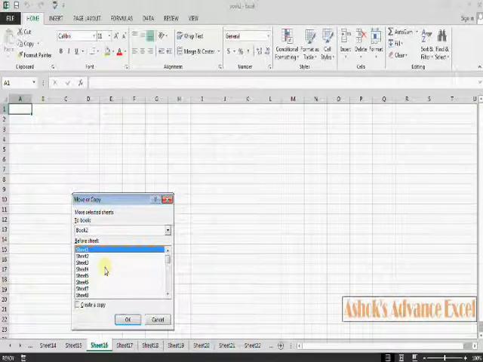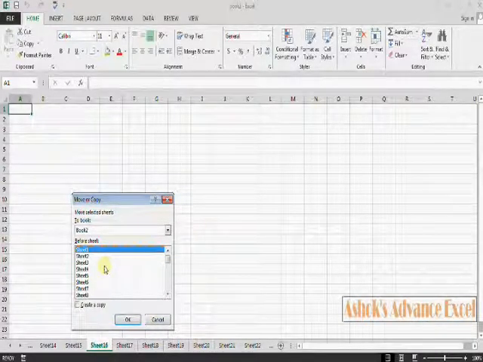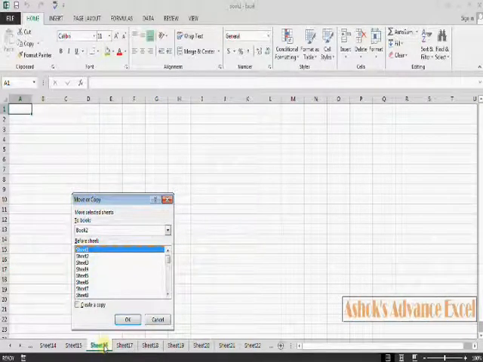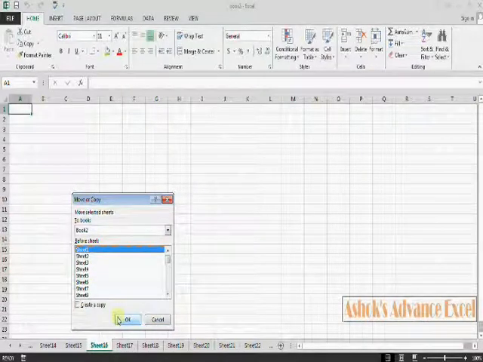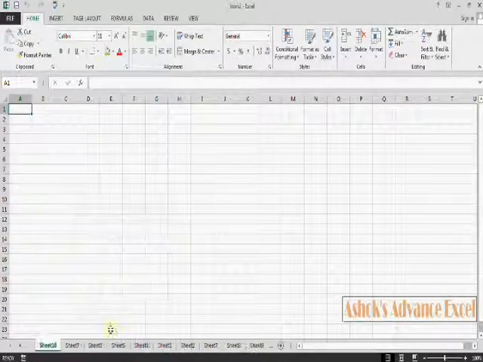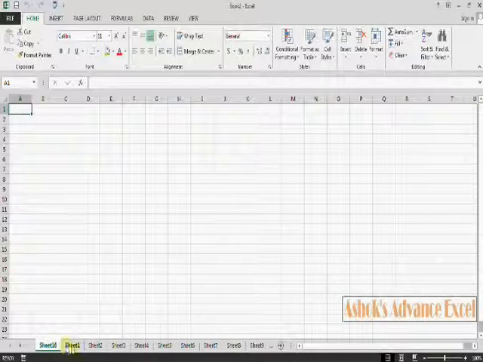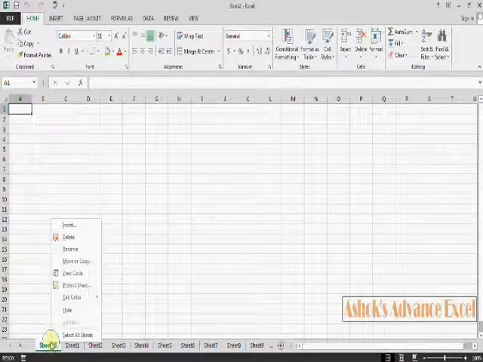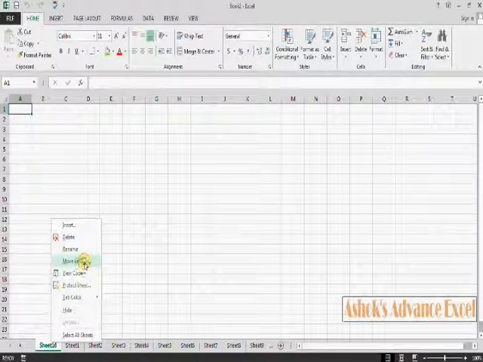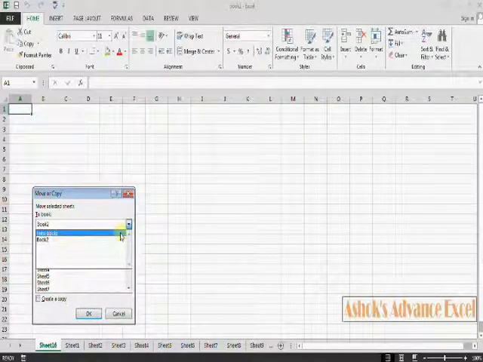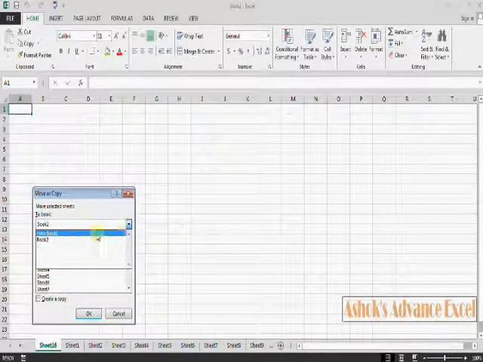Now, sheet 1 is selected, which means this sheet will be moved to before the first sheet. Now click OK, and sheet 16 will be moved to the first location, that is before sheet 1. Now again right click on it, click Move or Copy, and here in the drop down, I am working on Book 2 by default.